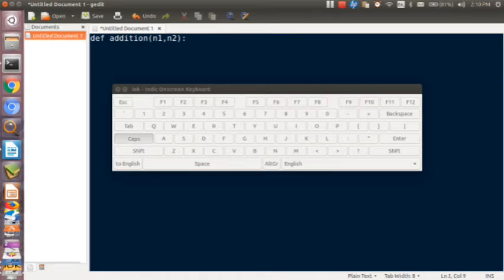Now after this we just need to give the logic for addition of two numbers.